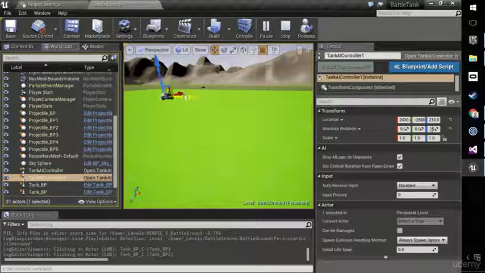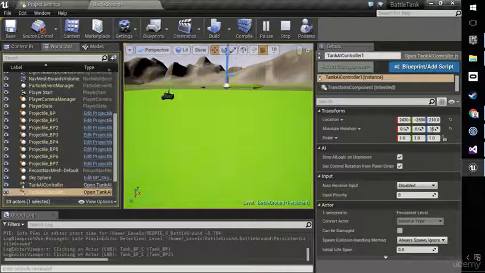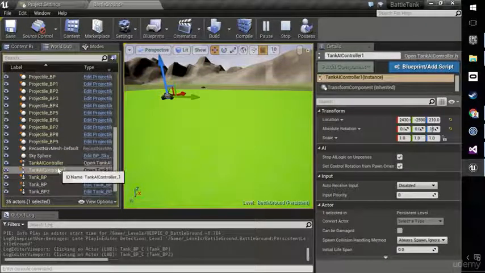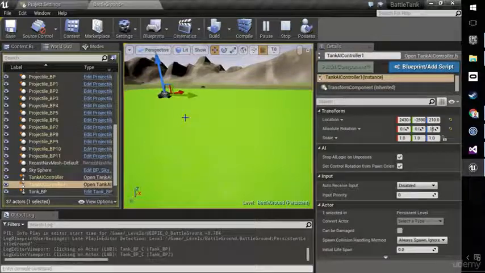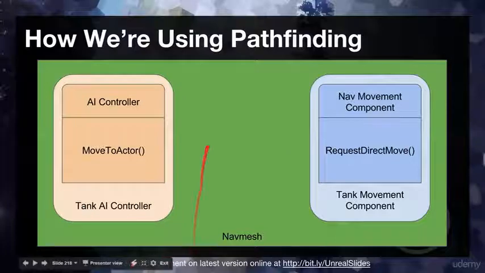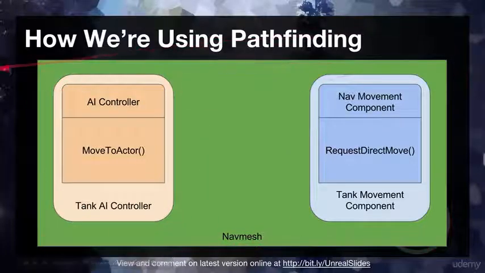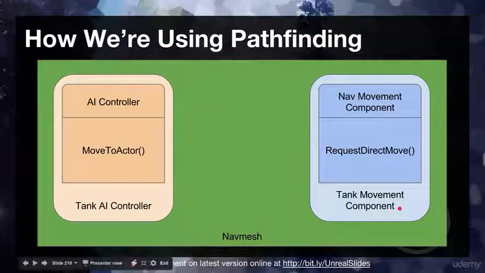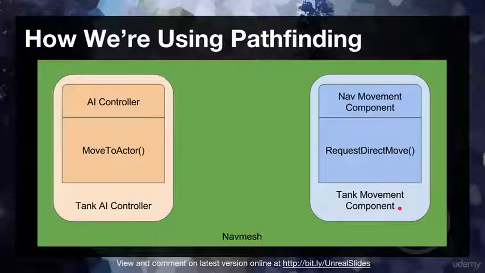We could move those off the tanks. They'll actually snap back onto them. But I'm just trying to be precise that the tank AI controller is not the tank it's possessing. It just happens to be coincident with the tank it's possessing. But the tank that the AI controller is possessing must be in the nav mesh bounds. That's this green area. And the tank that we want to move must also be in there, which is also the AI tank. But also the tank we want to move towards, the move to actor, must also be in the nav